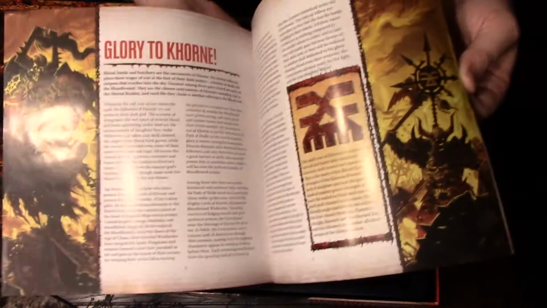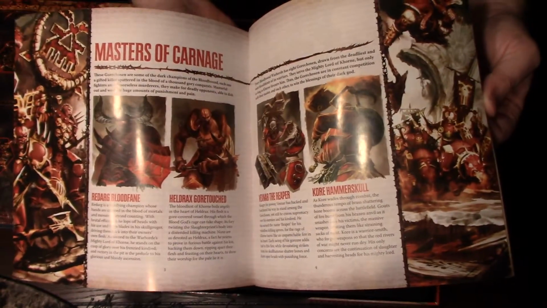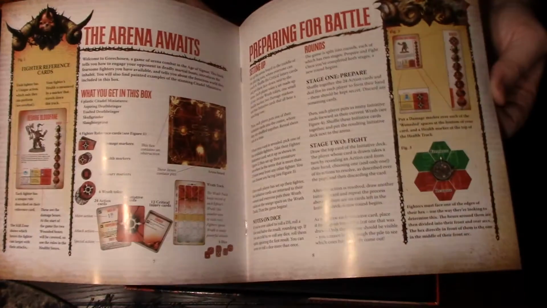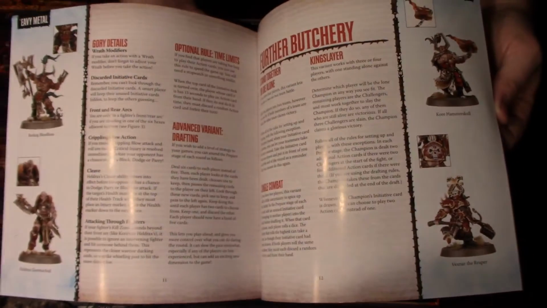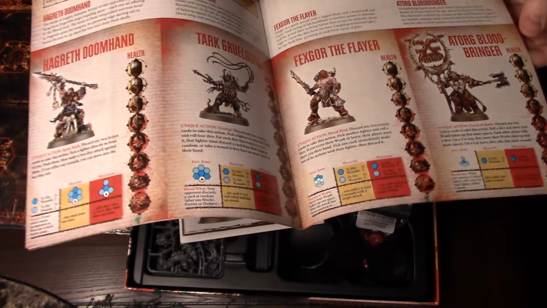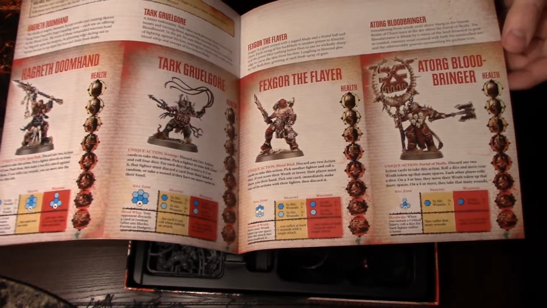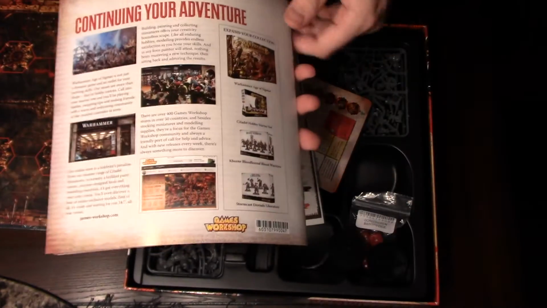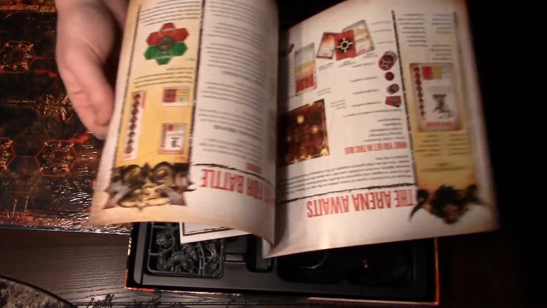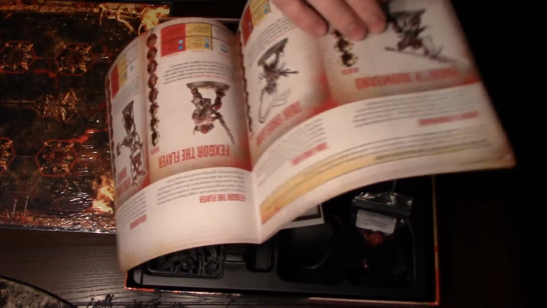So inside, it is a full color rulebook. Of course, with anything from GW, there's going to be some fluff in here, which is great. Kind of gets you into the game and then basically just walks you through it. Of course, there's going to be some beautiful eye candy in here. I do not want to leave this unpainted. So I was thinking I might see about having someone paint it for me, commission them to paint it, because I do not want to ruin